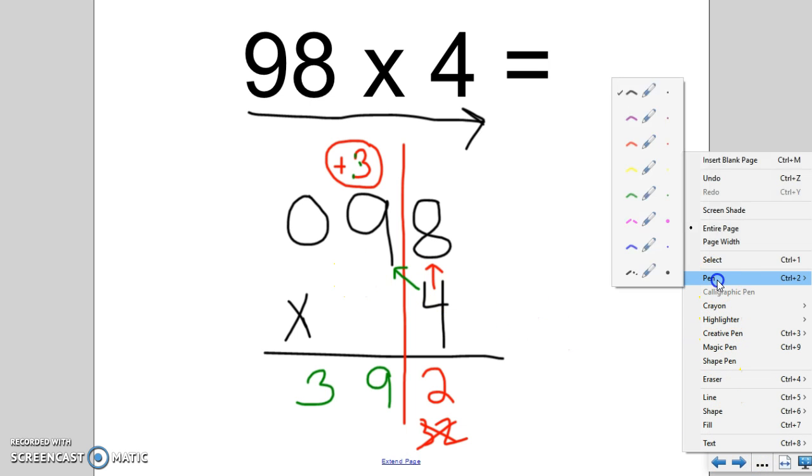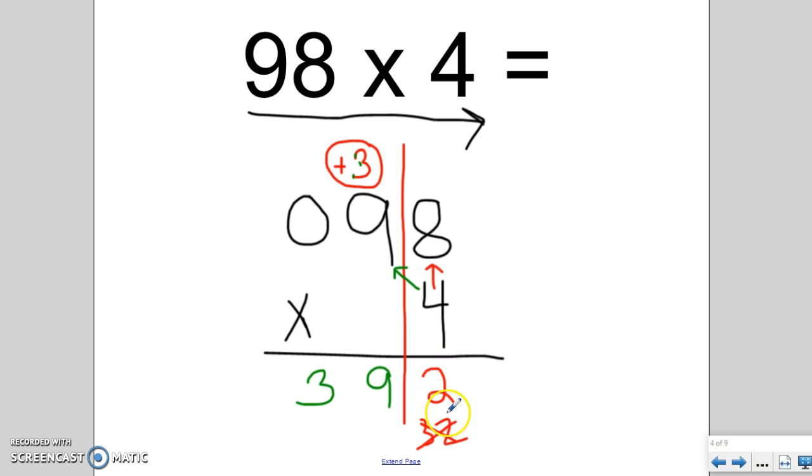If I did it the same way I did here, where I kept the 9 down here and moved a 3 to the next place value, my final step would be 4 times 0. Well, 4 times 0 is 0, plus 3 more is 3. And that's how that 3 is able to end up here, because I didn't have anything in that hundreds place. So we end up with a final product of